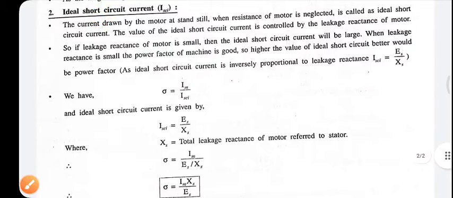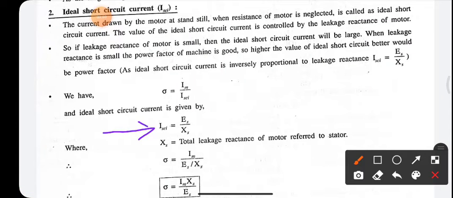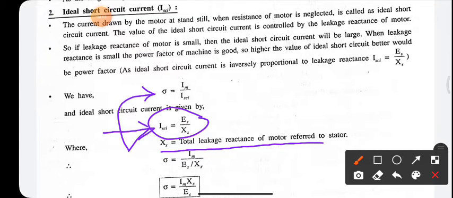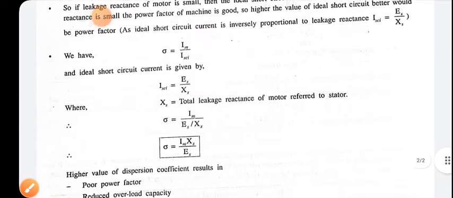So the ideal short circuit current is given by Es, that is the stator induced EMF per phase, upon Xs, where Xs is the total leakage reactance of the motor referred to the stator side. When we place this value in the equation above, we get sigma is equal to Im upon Es into Xs. So the dispersion coefficient is given by